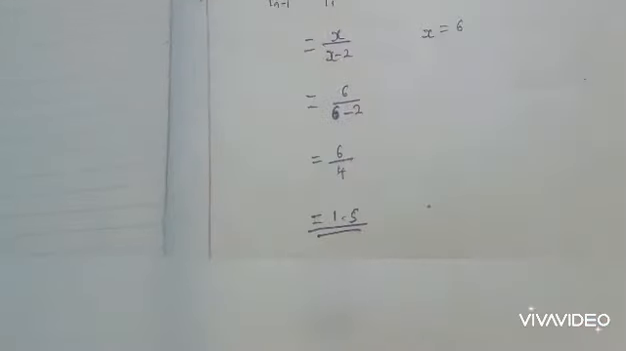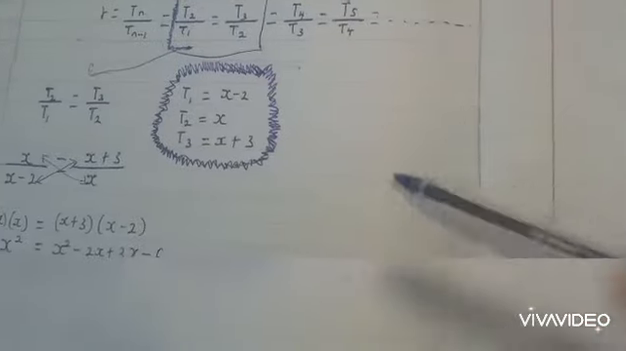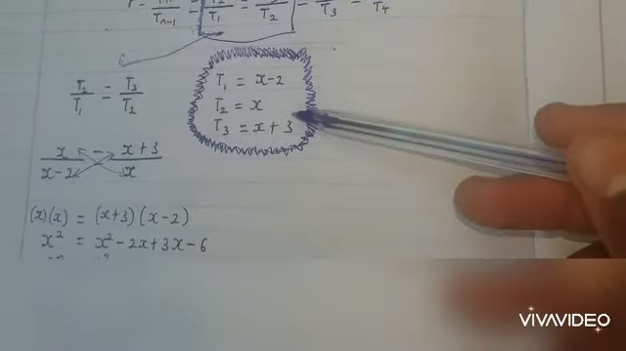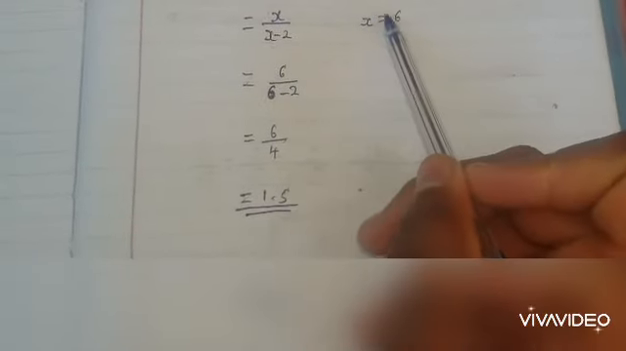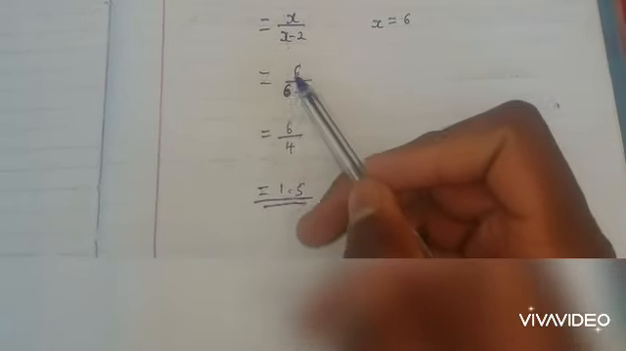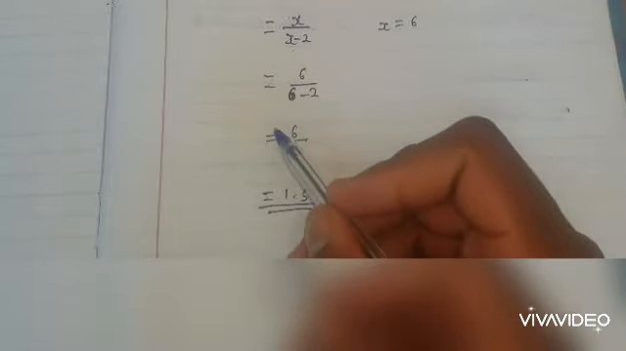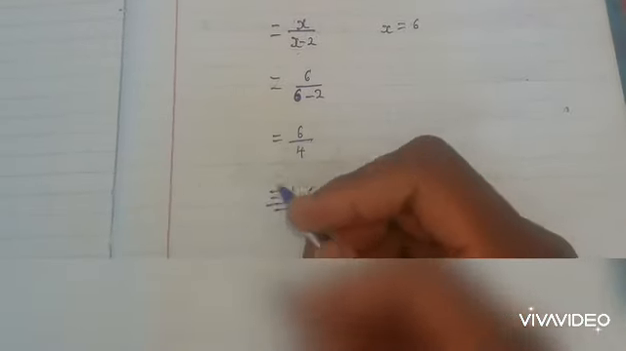But if I remember correctly, yes, my first term was x minus 2, my second term was x. And we found our x is equal to 6. So I replace x for 6. I get 6 over 6 minus 2, which is equal to 6 over 4, which is equal to 1.5. And that's how you go